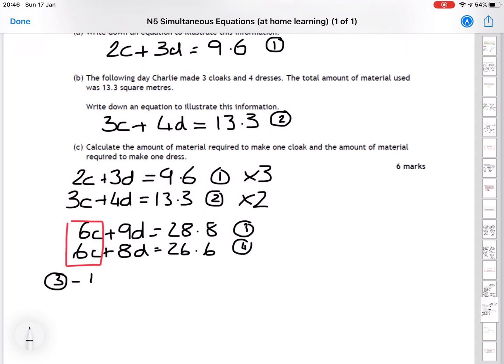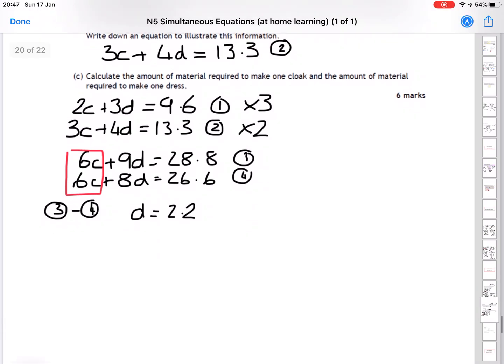So 3 minus 4. Our 6C minus 6C, well, that's disappeared. 9D minus 8D, well, that's just a single letter D. And then 28.8 minus 26.6, that will leave you with 2.2. Okay, now we're going to go ahead and substitute that into equation 1. So substitute D equals 2.2